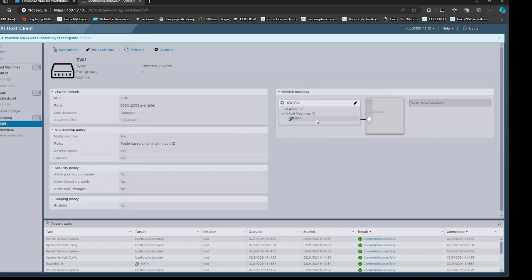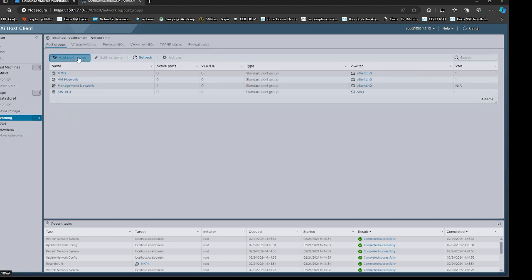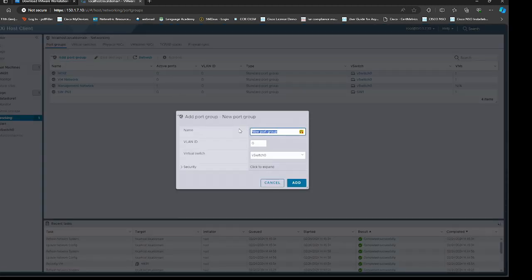So in that router, in this particular port, port number 3 is not able to communicate with the outside world simply. So we cannot do anything. But there might be a requirement that you want to isolate the traffic. So what I will do, I will create one more port group. I will say this one will be switch 1, PG2, created on switch 1, add.